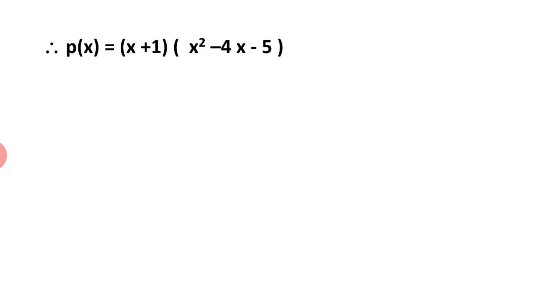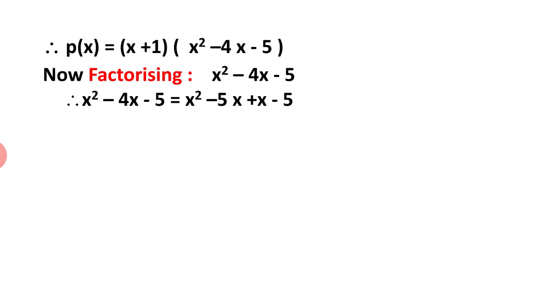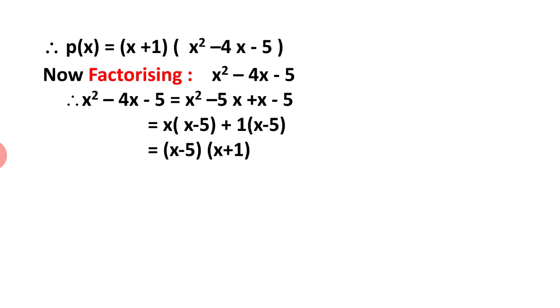So we write p of x is equal to the product of two factors, but one of the factors is quadratic. So let us factorize it again by splitting the middle term. Here also the last term is minus 5. So here you will get the factors of 5 as 5 and 1 and the difference should be 4. So it will be x square minus 5x plus x minus 5. Take x common, so it will be x minus 5. Then here 1 will be taken common, x minus 5. So now x minus 5 into x plus 1.